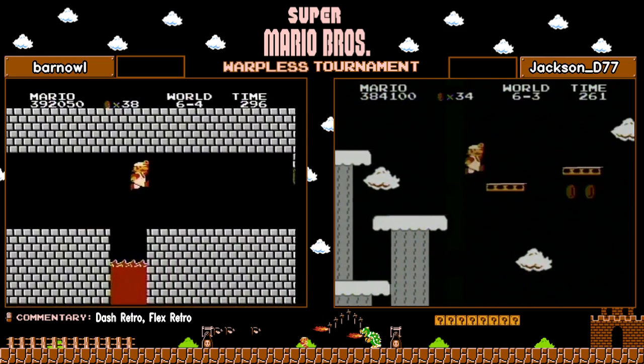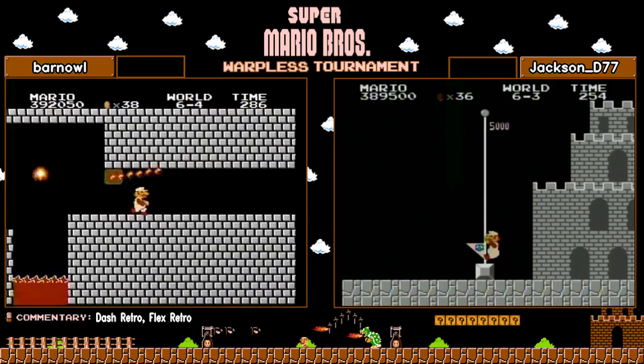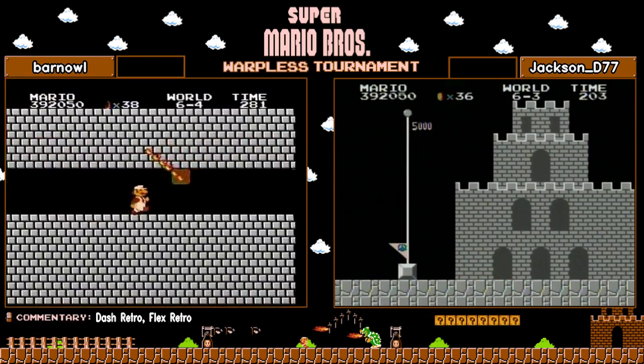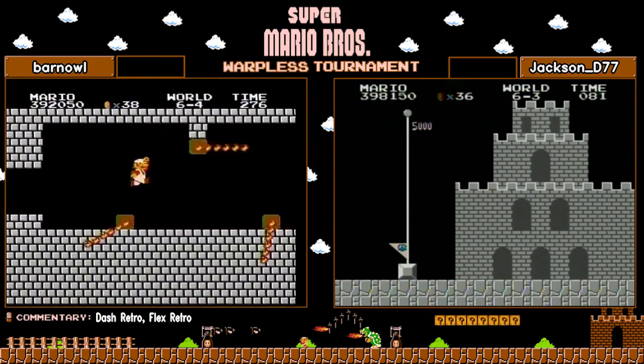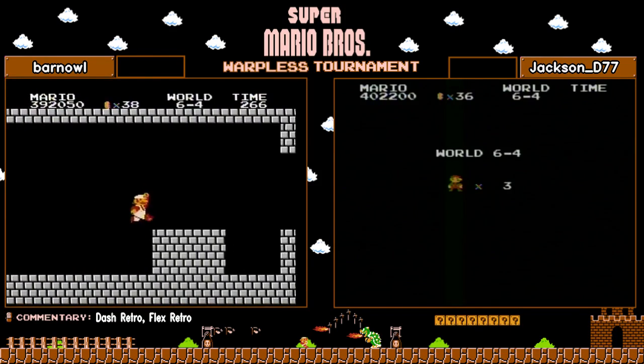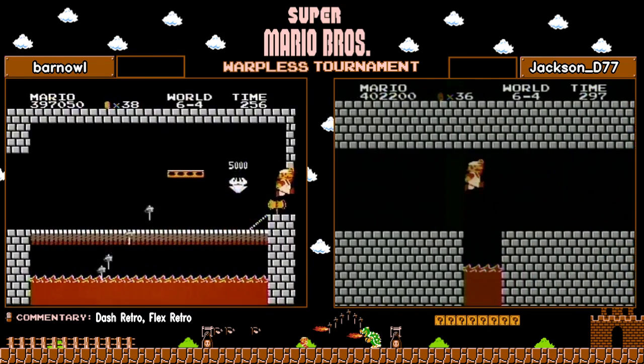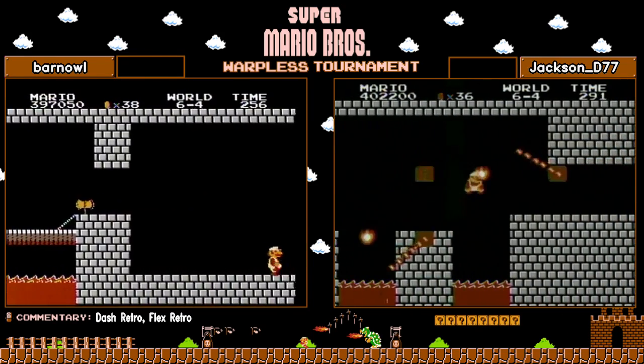It's pretty much the same. Oh! Every time I see that particular pattern, I don't expect it. It's just, oh! Alright, barnowl with very good bars at the end of 6-4 here. Both his opening shots get eaten, and he gets a leggy Bowser, but...